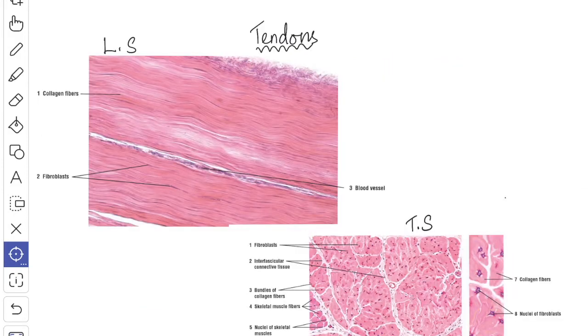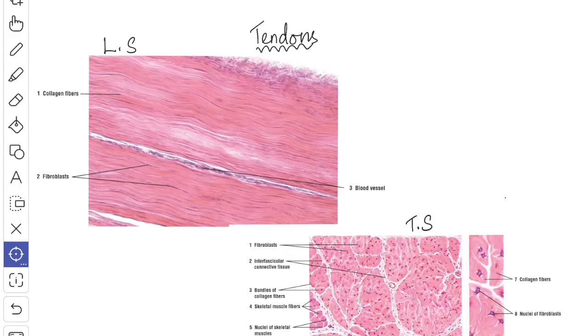Now we'll see about tendons in short. The tendons are composed of collagen fibers that run parallel to each other. The fibers are arranged in the form of bundles and these bundles are united by the areolar tissue which contains numerous fibroblasts. In longitudinal section through a tendon, the fibroblasts and the nuclei appear to be elongated.